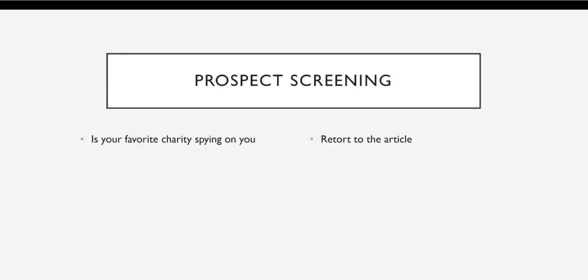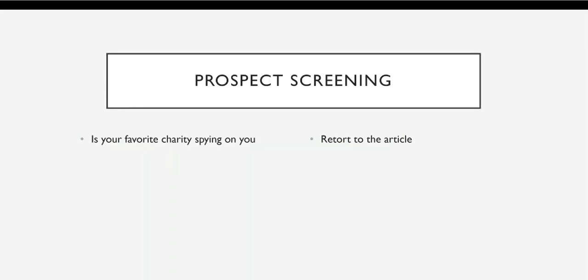The prospect screening articles are what you're going to base your discussion board off of. And you'll notice that there's 2 assigned articles. The first one is a Smart Money article titled, Is Your Favorite Charity Spying on You? You'll notice that underneath that link, there's a bullet point that says a Smart Money article, and then there's 2 sub-bullets. The first one is to the subscription to the actual article. The second bullet there is the free text to the article. So make sure you're clicking on the second bullet unless you're on the Regis campus. And if you're on the campus, then you can access the original. So this article basically talks about some prospect screening systems that we use and asks whether or not it's ethical.